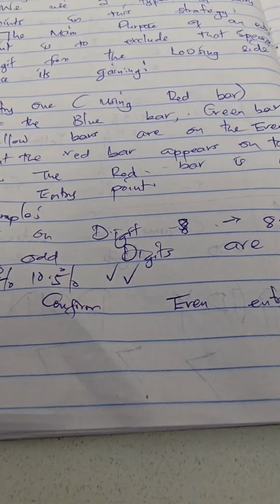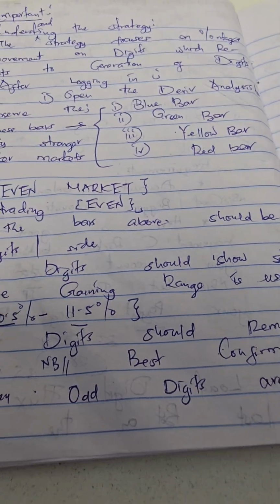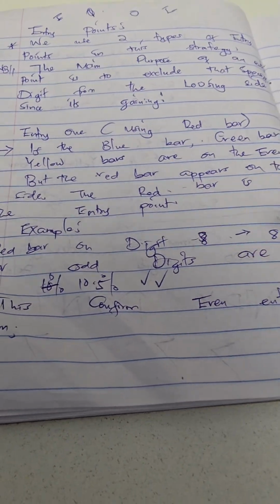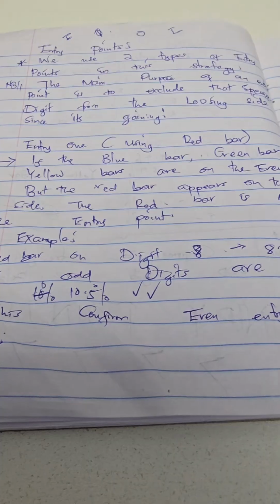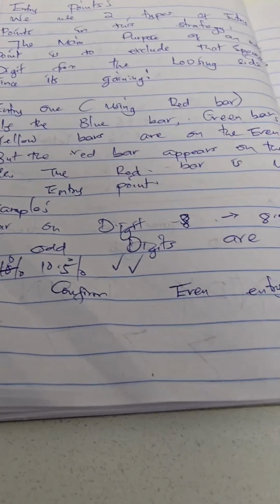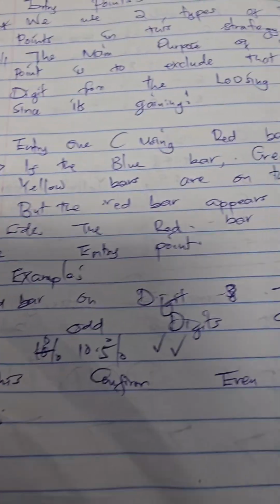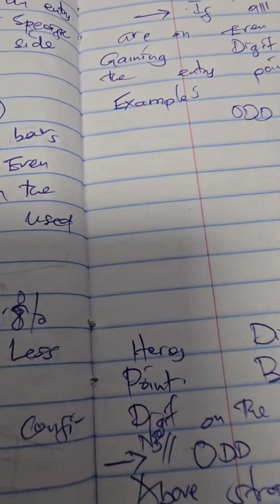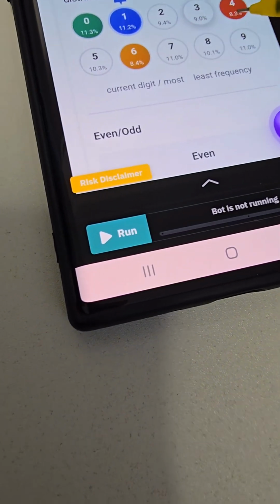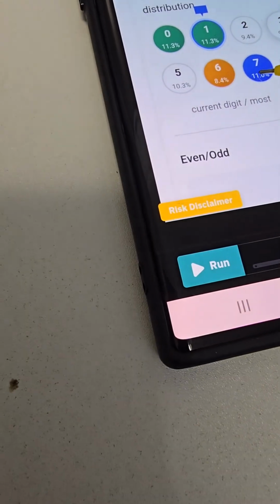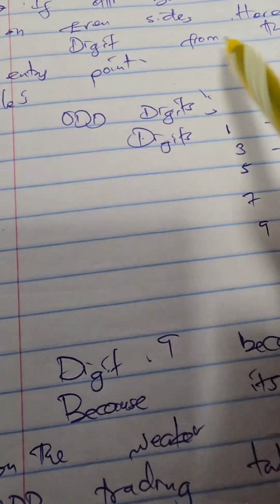Red bar for example kiwa kwa digit 8 na iko na 8.8%, for example hapa hivi, that is the red bar. Unaweza tumia kama entry point kama iko kwa odd side of the market. Kwa pamoja. Haya, so ama maybe the vice versa is always going to apply. This confirms that the even entry is the even entry confirmation. So entry point 2 is whereby if all bars including the red bar, and the blue bar, the green bars are on the even side, here you use the gaining digit from the odd side